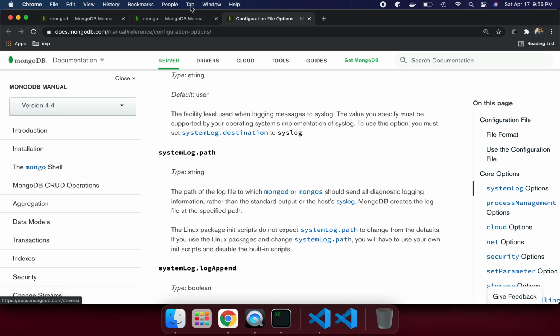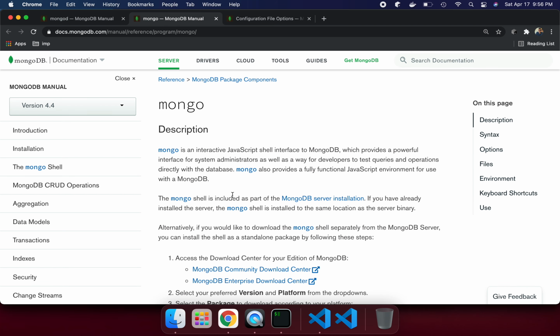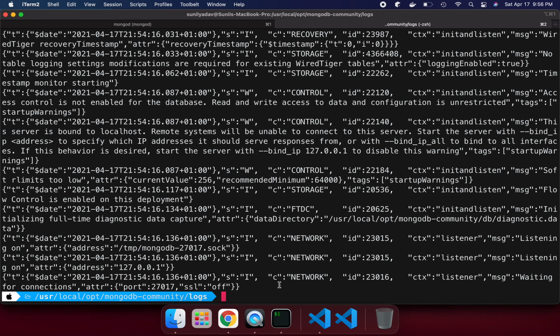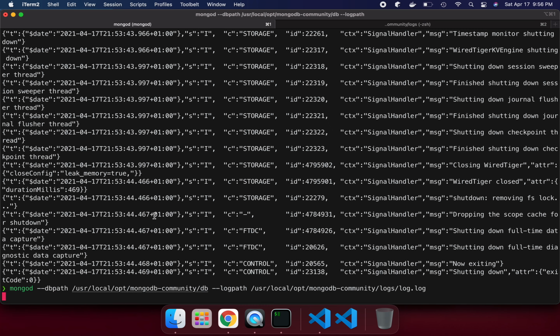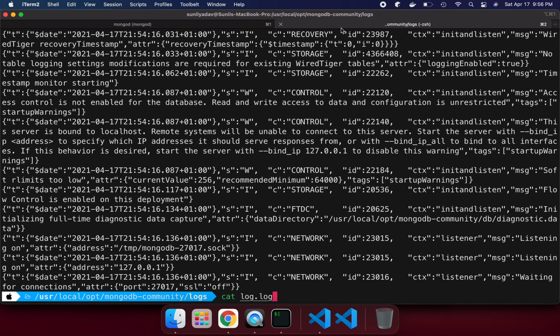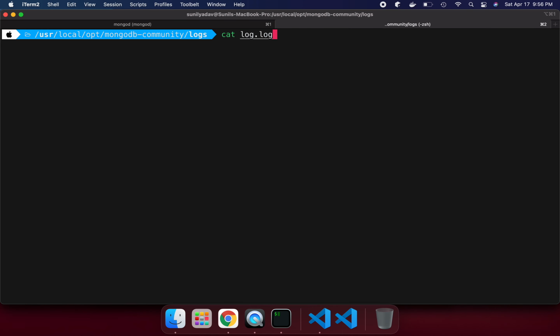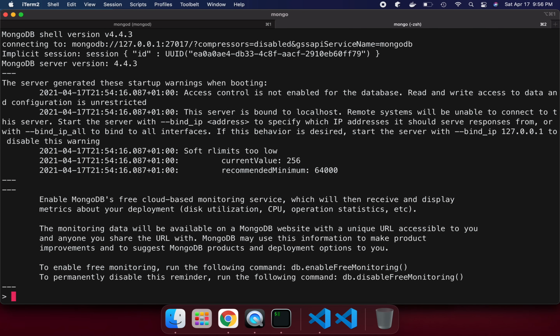So let's talk about Mongo shell related help, what we can do there. MongoDB is running now, so we can start the Mongo shell. Now MongoDB is connected.